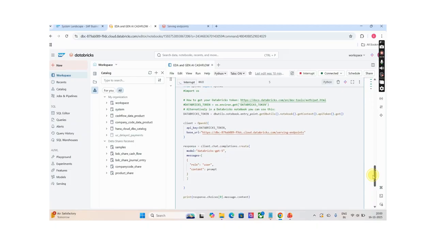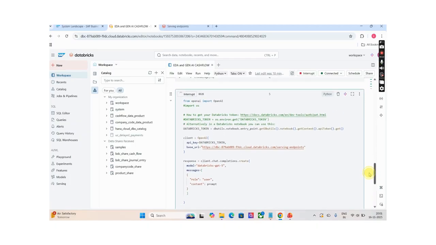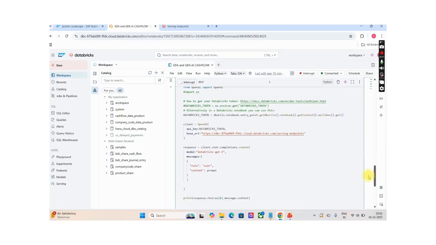It's taking a little bit of time as the number of rows in the string is high, so that's why it's taking time.